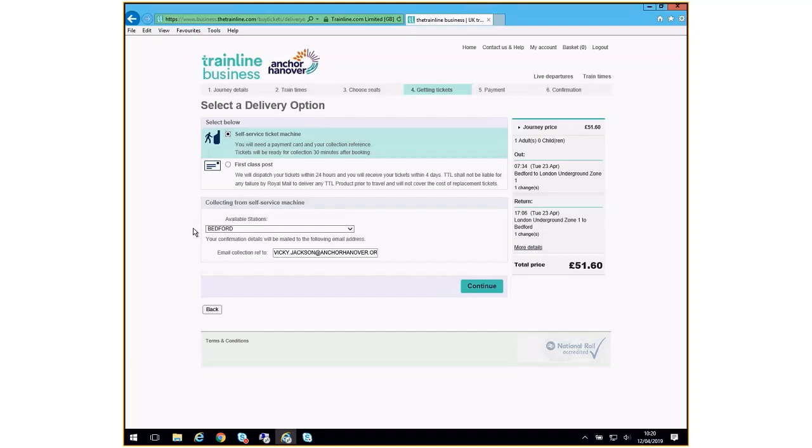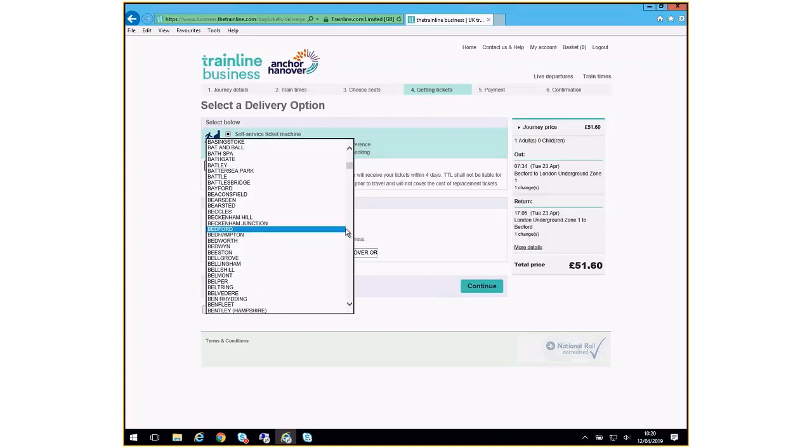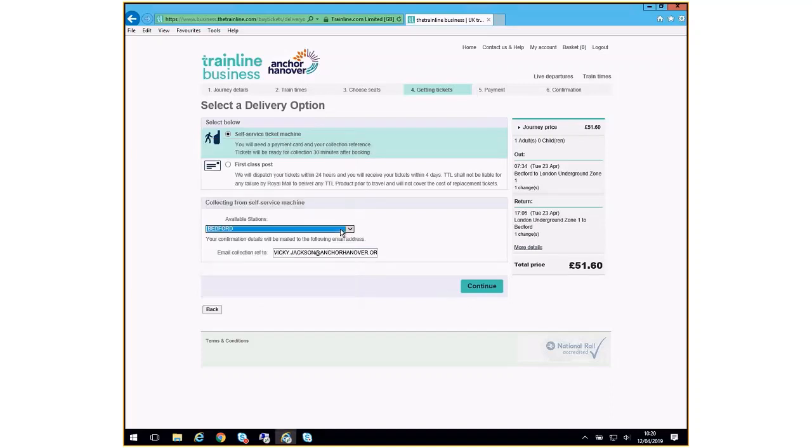If you select this option, you will need to select the station you would like to collect the tickets from, although this will default to your outbound station for the journey you are booking. This is the recommended option for Anchor Hanover colleagues as it incurs less additional cost. However, if your outbound